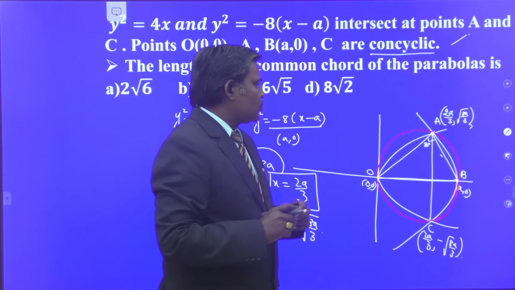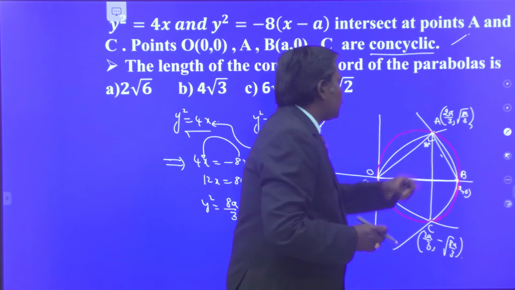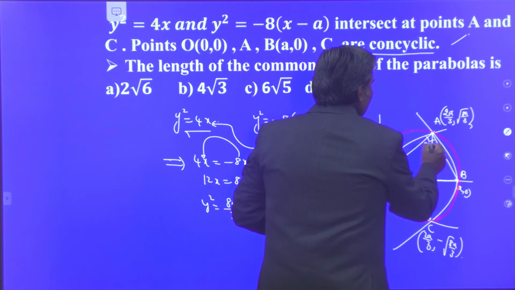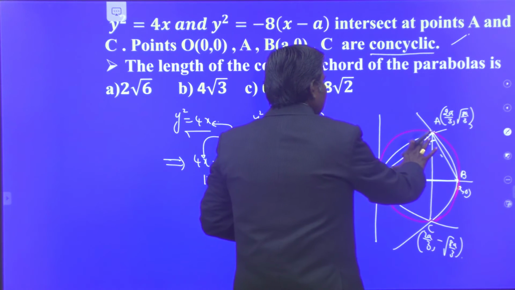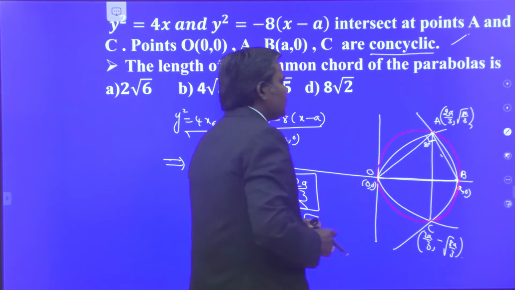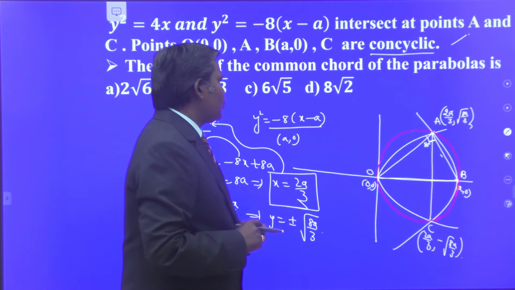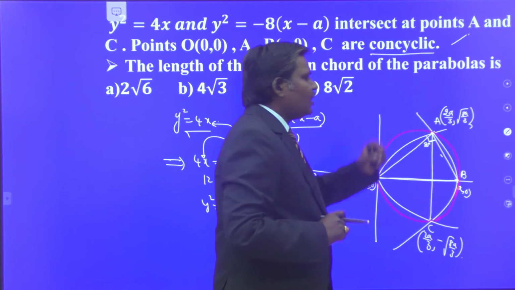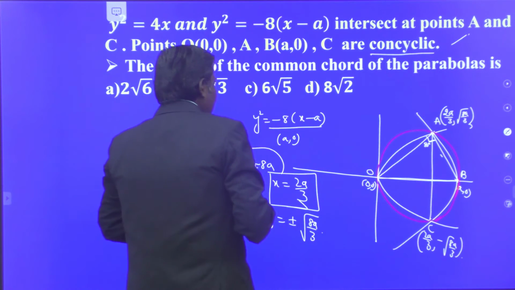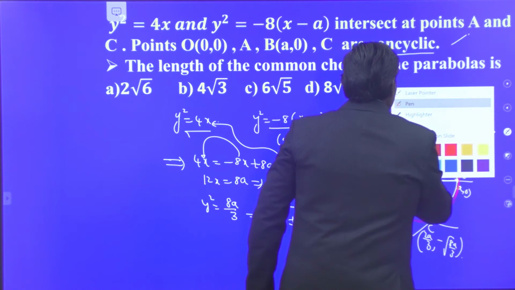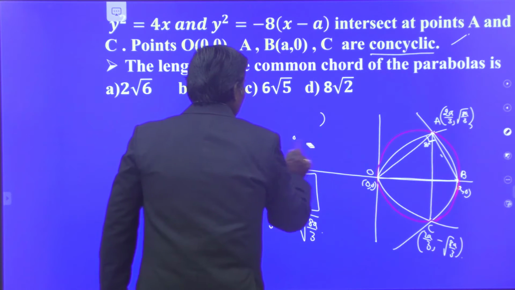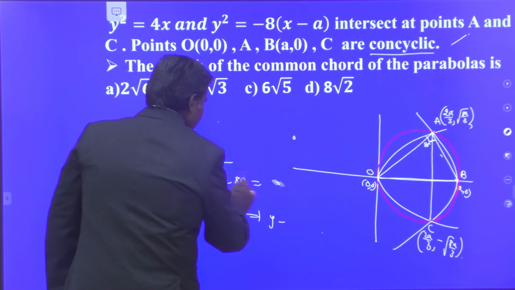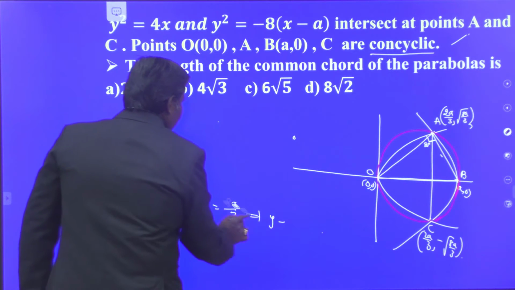So your job goes to evaluation of the value of a. You have to find out the value of a. One and only thing is that you have the angle 90 degrees. So the angle is 90 degrees. These are non-vertical lines, so the product of slopes is equal to minus 1. With the help of the product of slopes being minus 1, you can crack the value of a. From that, you can write the length of the common chord. That is the idea of the problem. Okay. So, after getting the points of intersection, make the product of slopes minus 1.